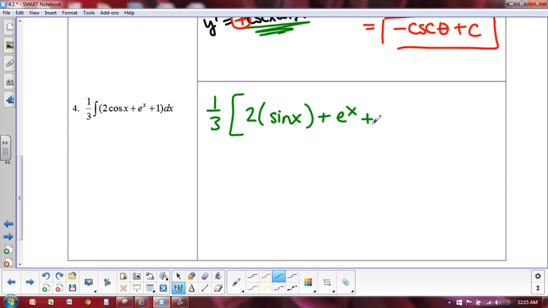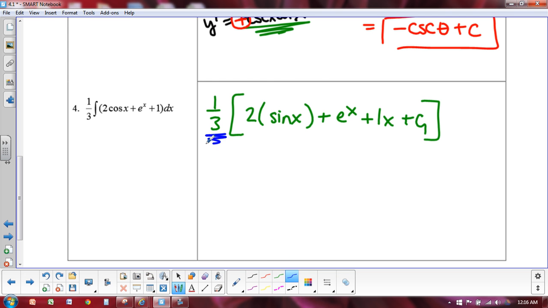Plus, we talked about the integrals of constants. So up at the top of this page, we said the integral of 3 ended up being 3x. You needed to put the x back into the problem. So the integral of 1 is going to be 1x. And then plus C. I'm going to go ahead and call this C1,